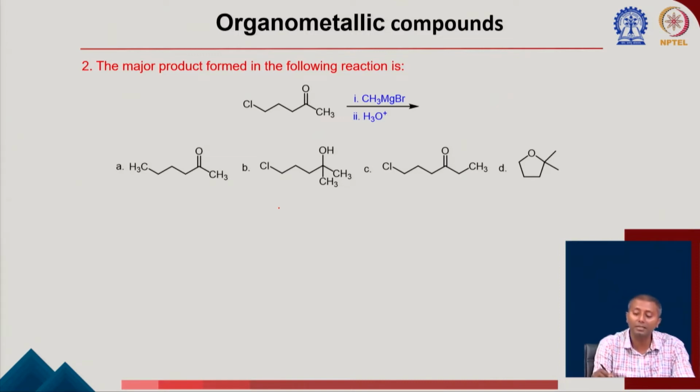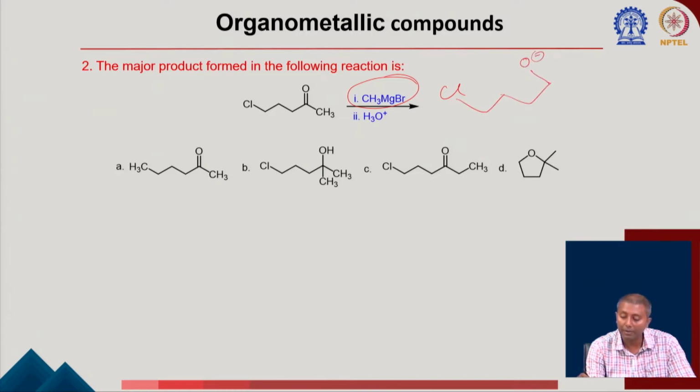Now there is another problem here, where we are using a Grignard. As I mentioned, the Grignard is a harder nucleophile, so it is going to add to the corresponding carbonyl group via 1,2 addition. So let's write the 1,2 addition product. What is going to happen here? First there will be an O minus, and then there will be a CH3 and a CH3. Of course, you can write O minus and magnesium Br plus, or OMgBr.